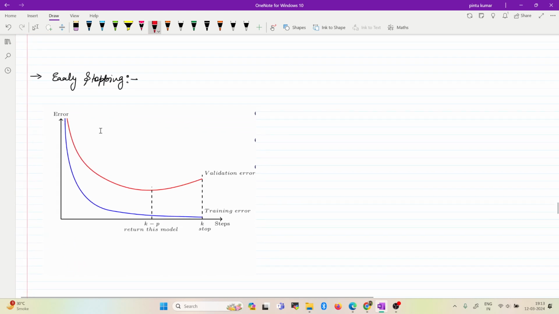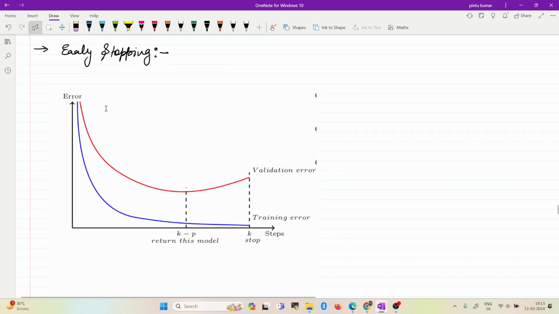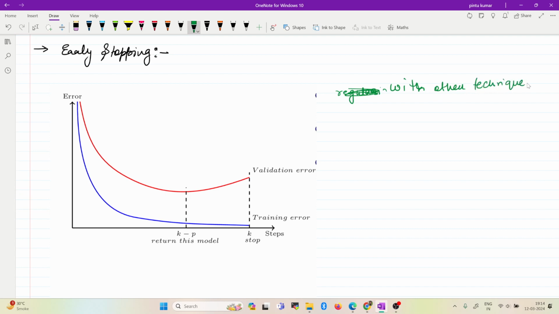Okay. There is one more technique that is very common, known as early stopping. This method is common as you can use it with other regularization techniques also, so it is not necessary. What I'm trying to say is, if you are using early stopping, you can use it with L2 regularization, you can use it without L2 regularization. Okay. So what does early stopping suggest is that